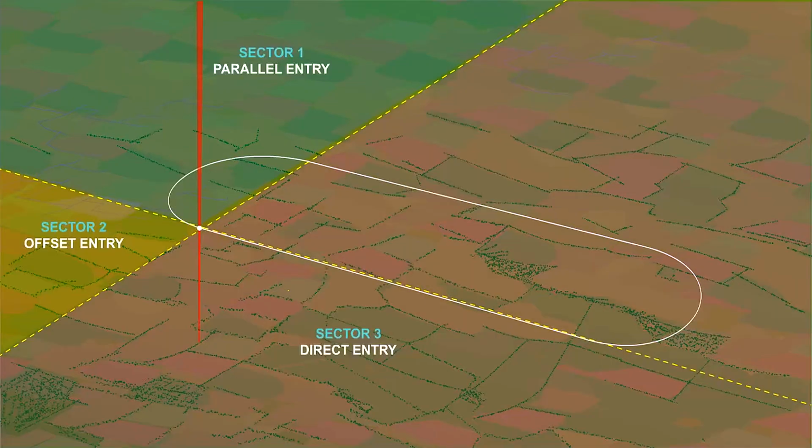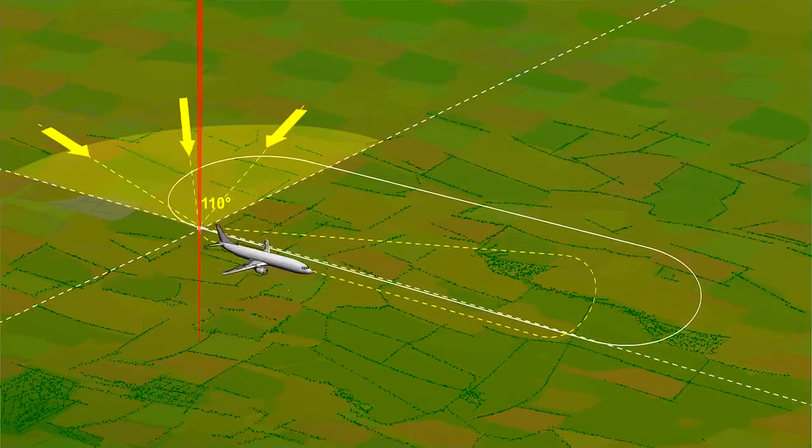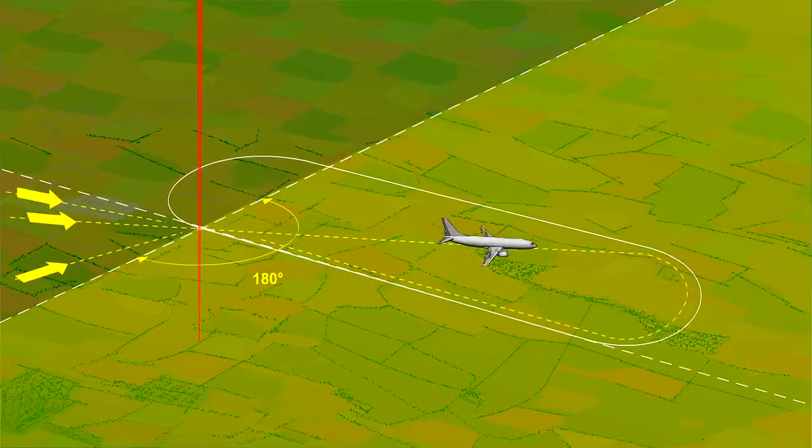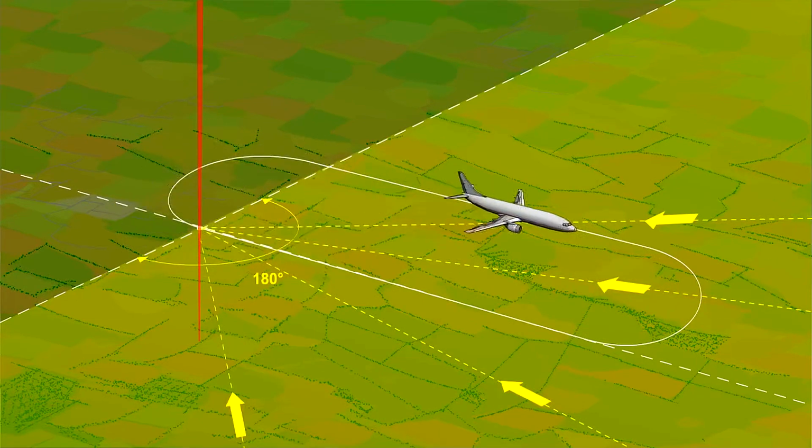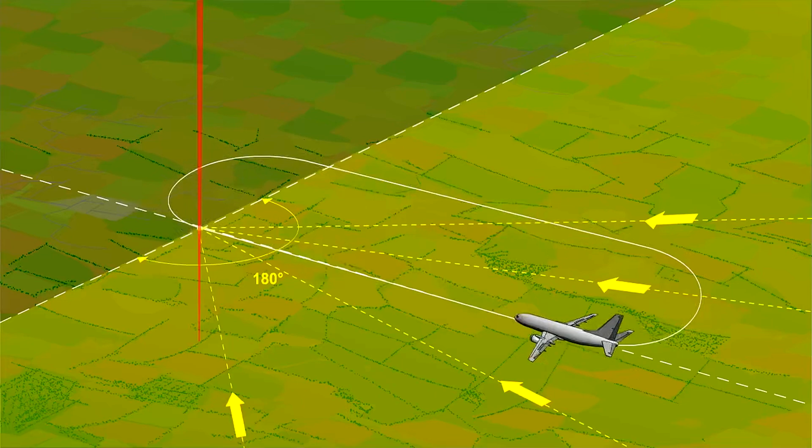Aircraft will inevitably approach the NDB from different directions, and they have to follow one of 3 different joining instructions. Those aircraft approaching from Sector 1 follow what is called a parallel entry. Those aircraft approaching from Sector 2 perform an offset entry procedure. The aircraft from Sector 3 approach the beacon directly. Aircraft enter the hold at a given altitude and stay there or stack until they are allowed to descend to the next level, 1,000 feet lower, and ultimately leave the hold to approach the airport.